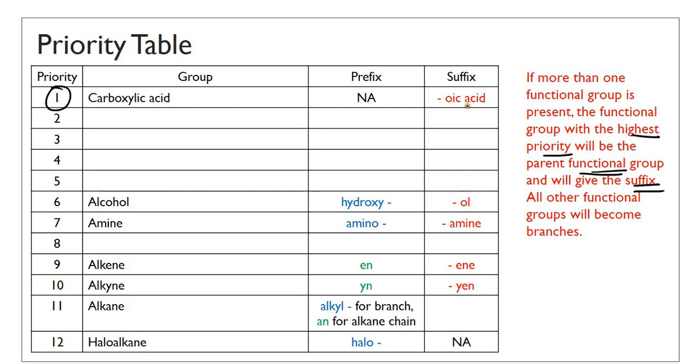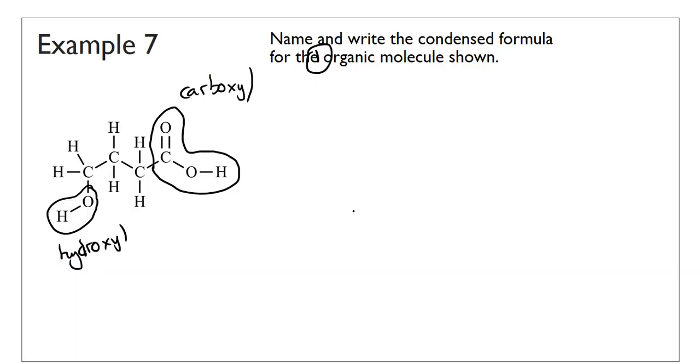Carboxyl is going to be the suffix, and you're going to treat the hydroxyl group as a branch, and use the prefix hydroxy without the L to name it. The suffix is going to be oic acid. Whenever you see carboxylic acid or carboxyl, it's going to take the suffix. So oic acid, because carboxyl